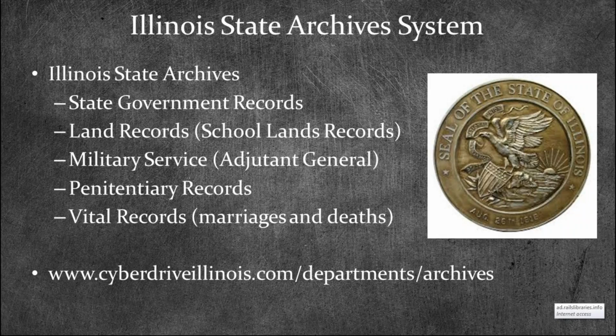So if you had an ancestor who served in a Civil War unit from the state of Illinois, they were in the 1st Illinois Artillery, or they were in the 100th Illinois... Wow, that word just completely left me. I apologize. Infantry. If they were in the 1st Illinois Infantry, then those records on the unit are going to be at the state archives. And what those include are the muster rolls, so everybody who's coming in and then being discharged from a particular unit. They would also have things like after action reports and monthly reports.